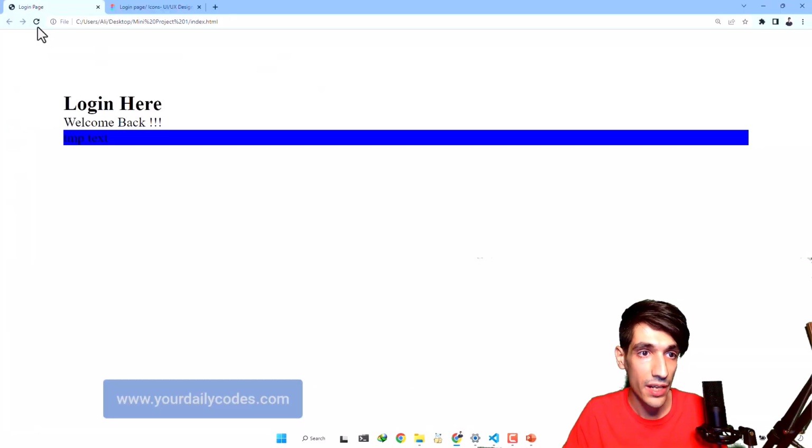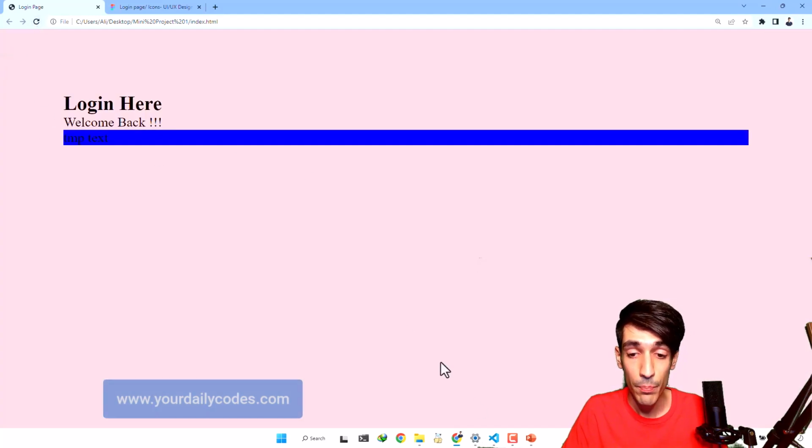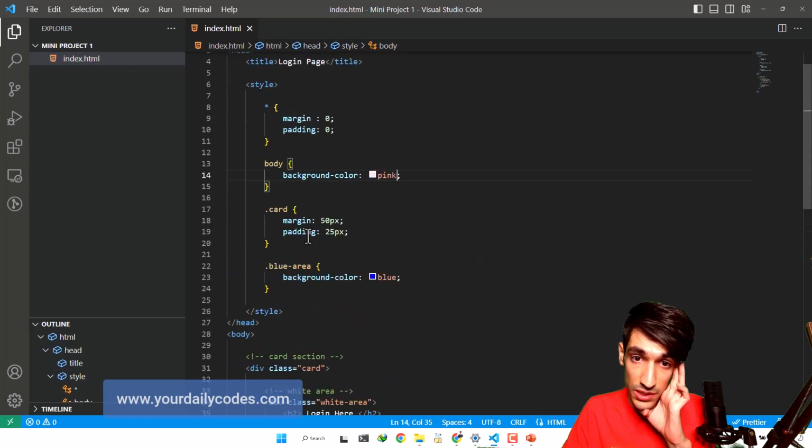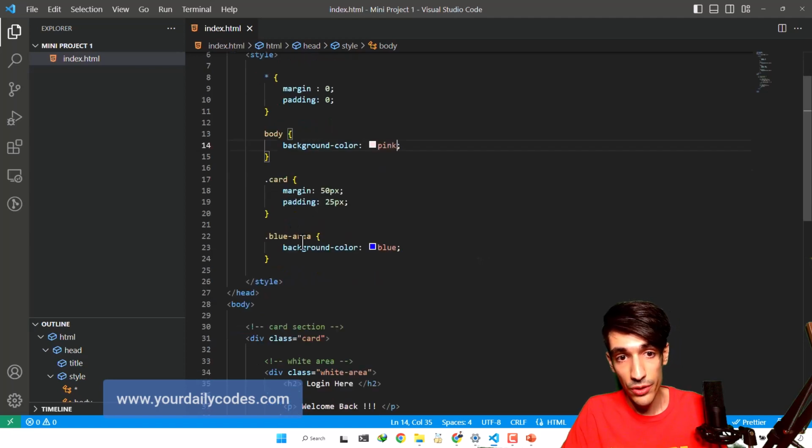Let's get back to our code here. This is pink, but as you know, we have something called inheritance in CSS. What does inheritance mean? Some properties will be inherited. For example, here I said body should have the background color of pink.